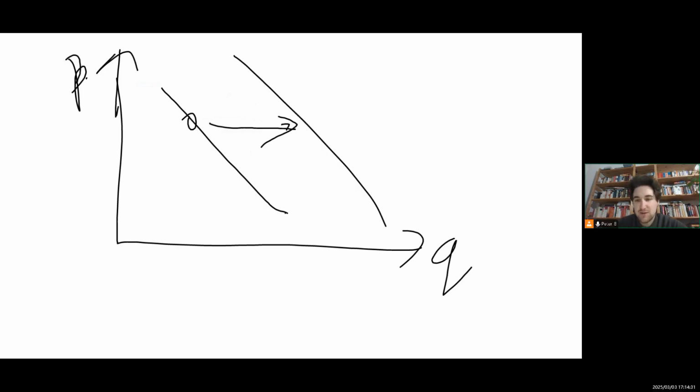So shifts in demand curves are going to be caused by things like changes in income or changes in preferences, broadly speaking. There's also changes in prices of other goods, but we're going to mention that another time. This is what we mean when we're talking about shifts in